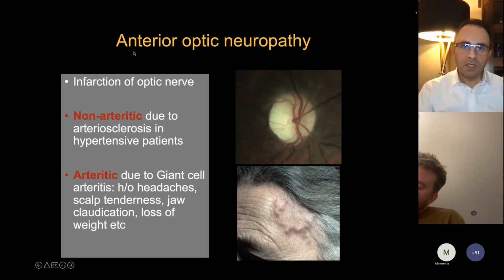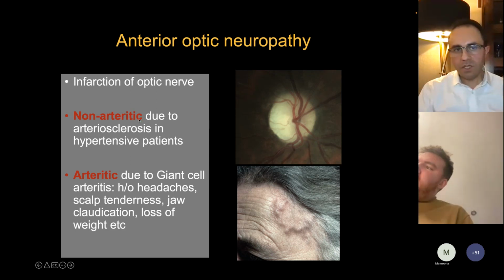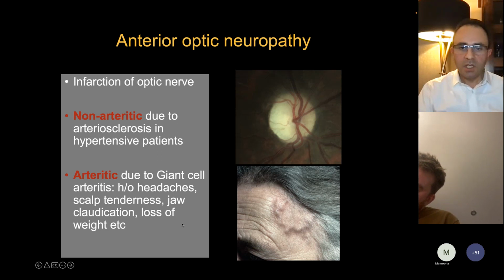Last couple of slides. Anterior ischemic optic neuropathy, we have two types, non-arteritic or arteritic. Arteritic is the GCA, non-arteritic is when you have other factors, including blood pressure, diabetes, these things. There is no treatment for the non-arteritic because it's only about controlling the risk factors. For the arteritic, you have to admit the patient and start them on IV and oral steroids, not only for